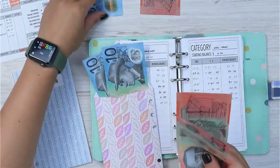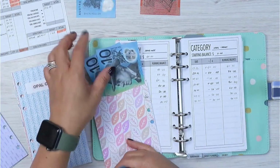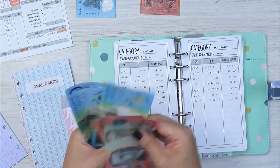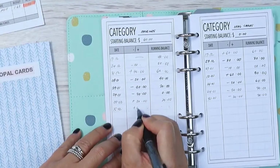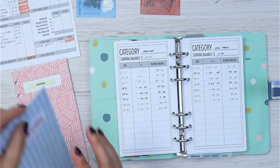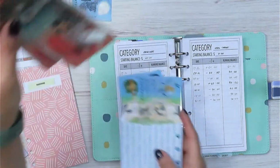20, 40, 50, 60, and there's currently 20, 40, 50, 60, 70, 80. For the Opal Cards envelope, which is our public transport tap on, tap off, I am putting $40. 20, 40,